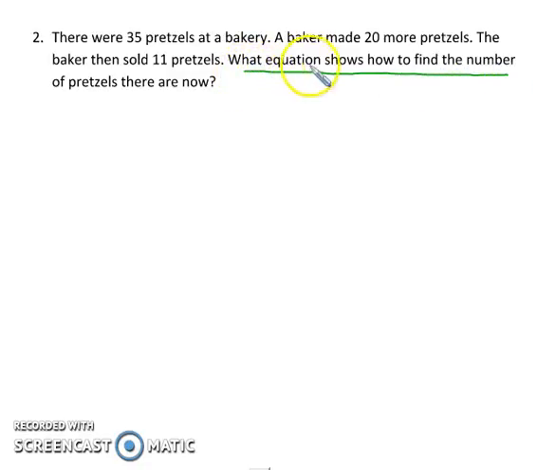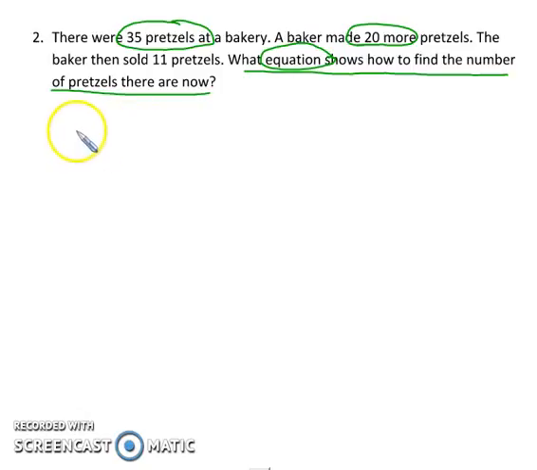So we're looking for an equation. We're not looking for how many pretzels. We want to know how do you find out how many pretzels. So let's take this apart piece by piece. First of all, there were 35 pretzels at the bakery. Is that all of the pretzels or some of the pretzels? It is some of the pretzels because look, he's going to make how many more? 20 more. So our first step in this